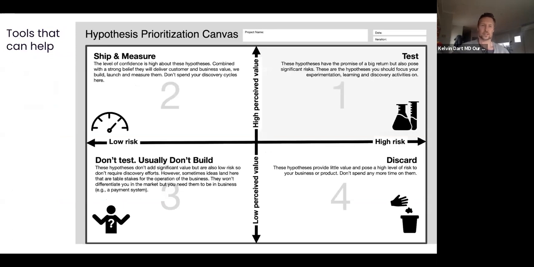But then what you want to start to do is at least put this in a sense of on the right top quadrant, agreeing on what the hypotheses are that need to be tested, but also on the left-hand side, agreeing what can we just start designing against, but also getting agreement with product people to understand, hey, we don't need to test, but also, is this a day one thing? Do we actually need this for day one? And then the 4th quadrant is, look, this needs to go back into a discovery phase that we're not really going to focus on for this product. So you either bin it or you postpone it.